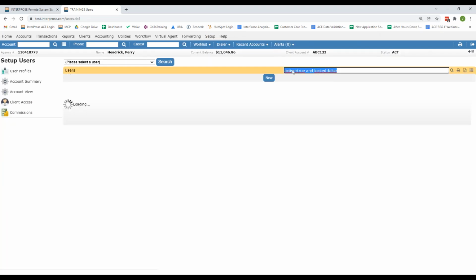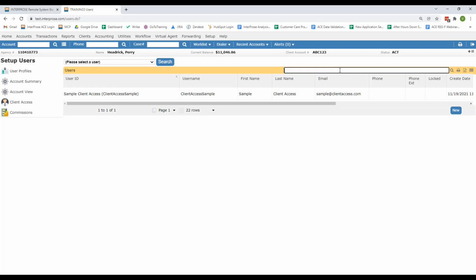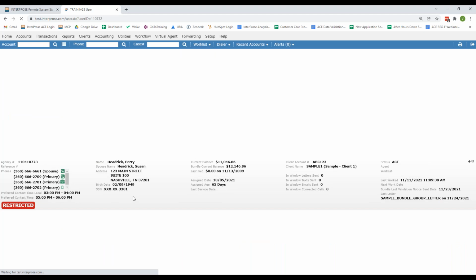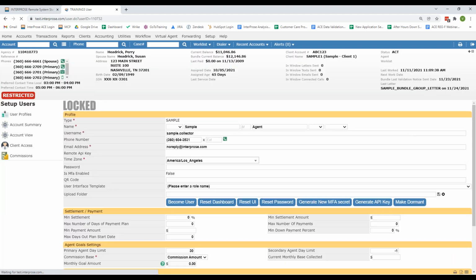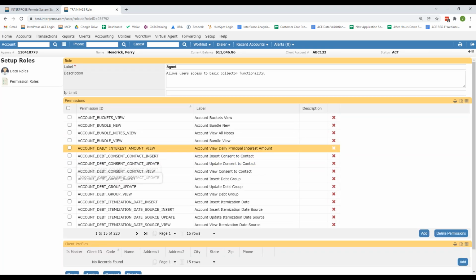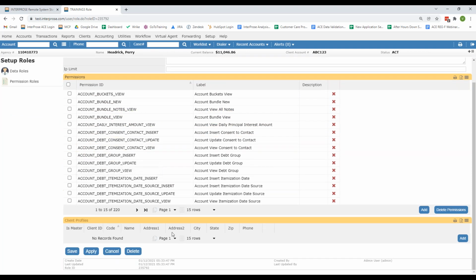Okay, let's go to user profiles and let's get rid of this and just go look at a sample. Let's go to a sample collector, and we're going to go under the agent role. Again, this is nested under many roles, but we're going to look at it here. And now that we're in the agent role, I'm going to bump open